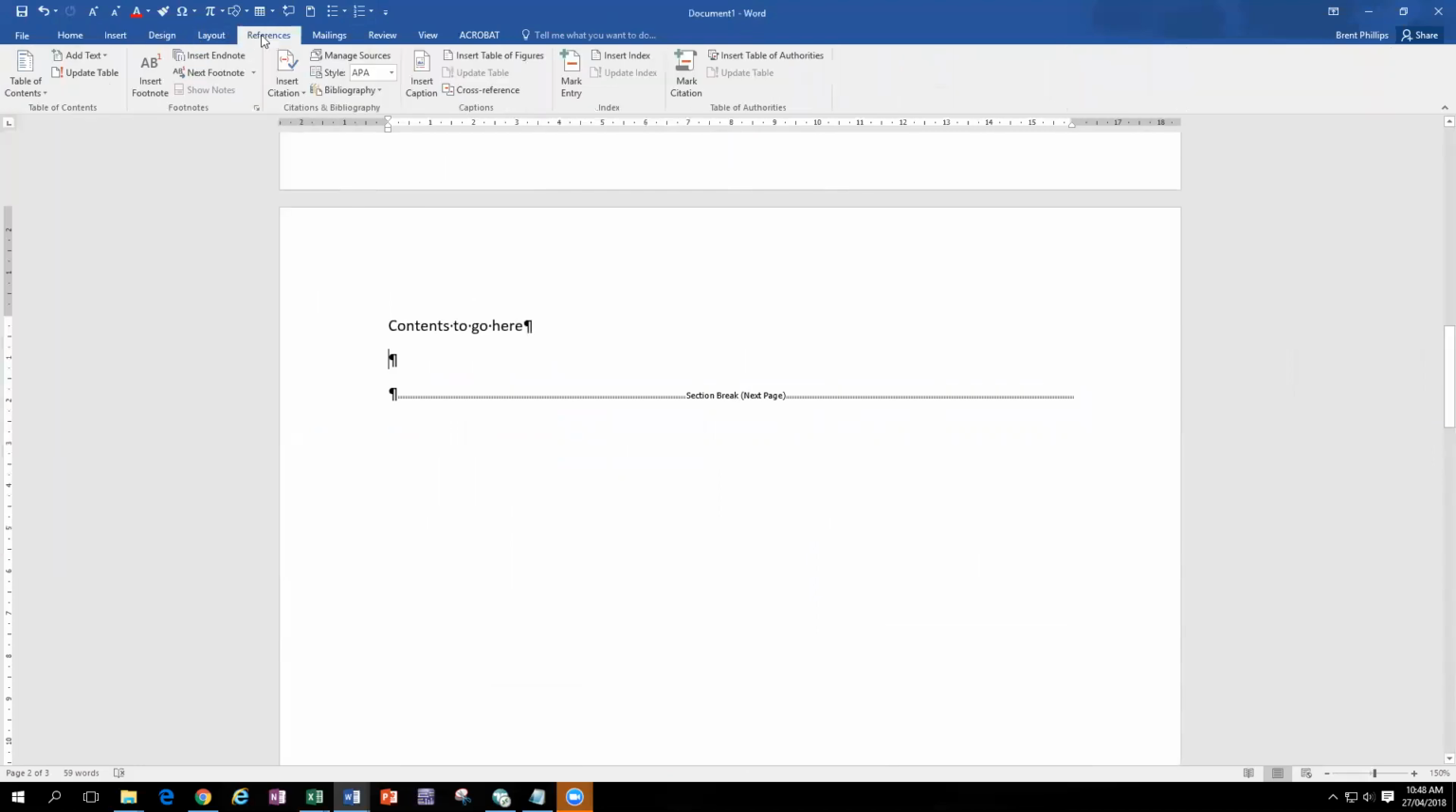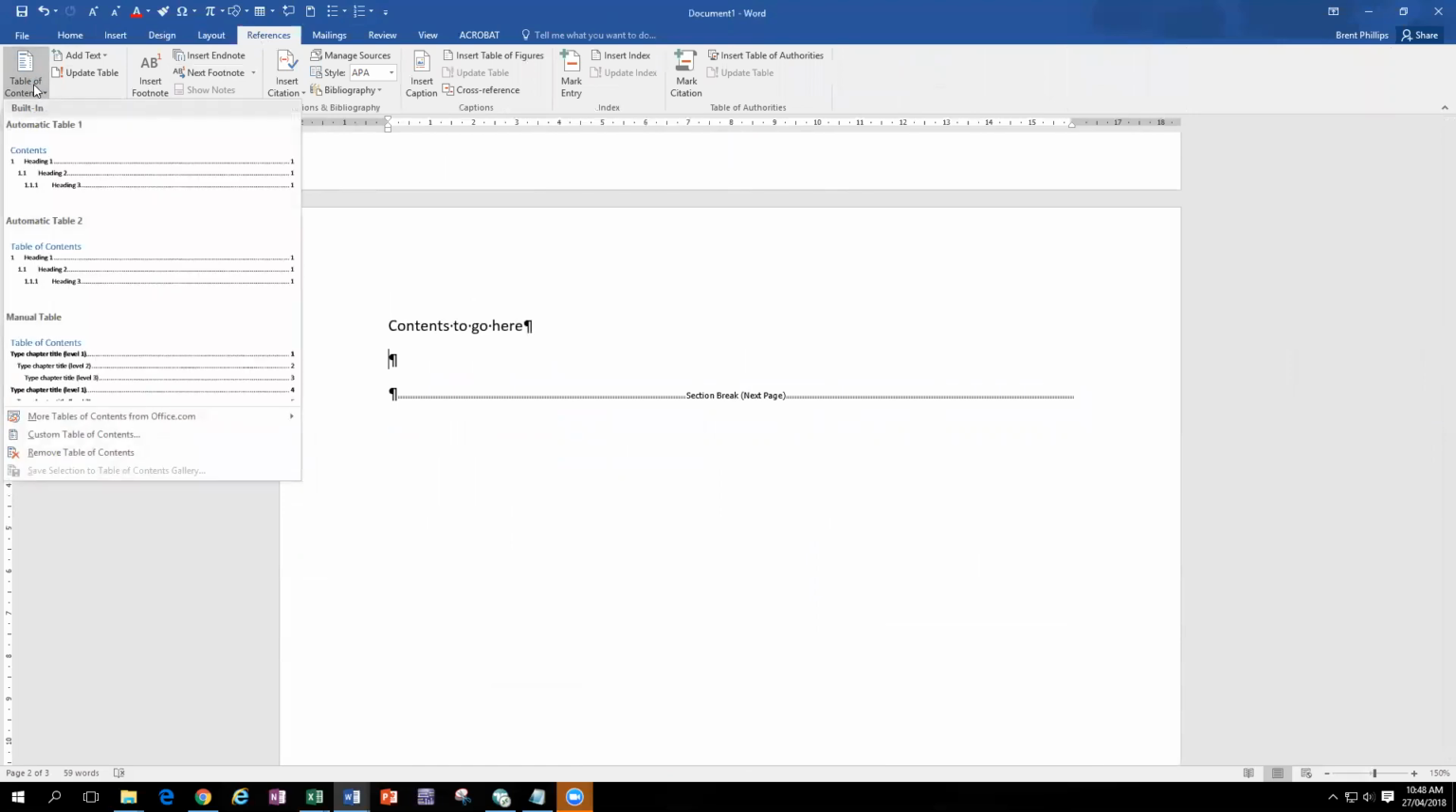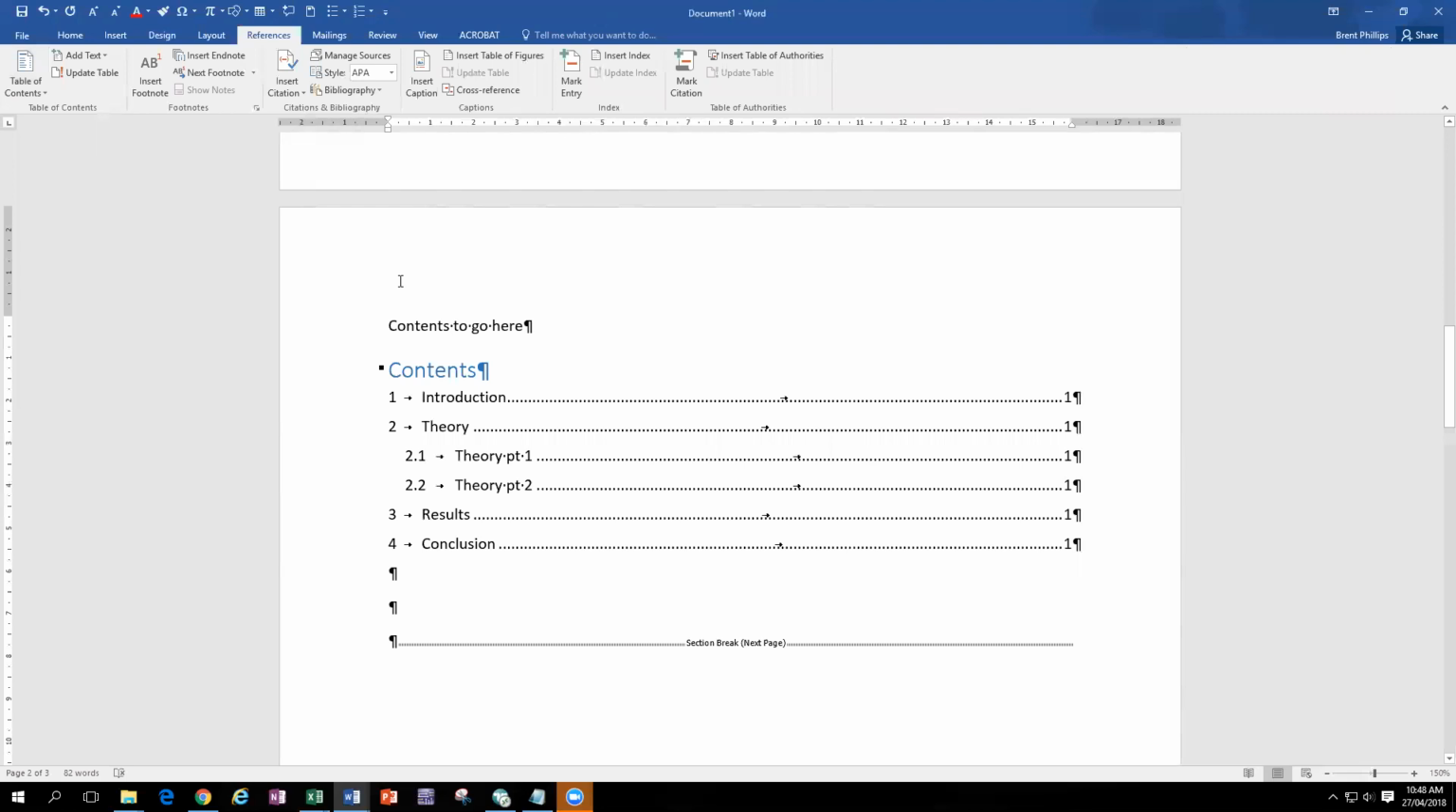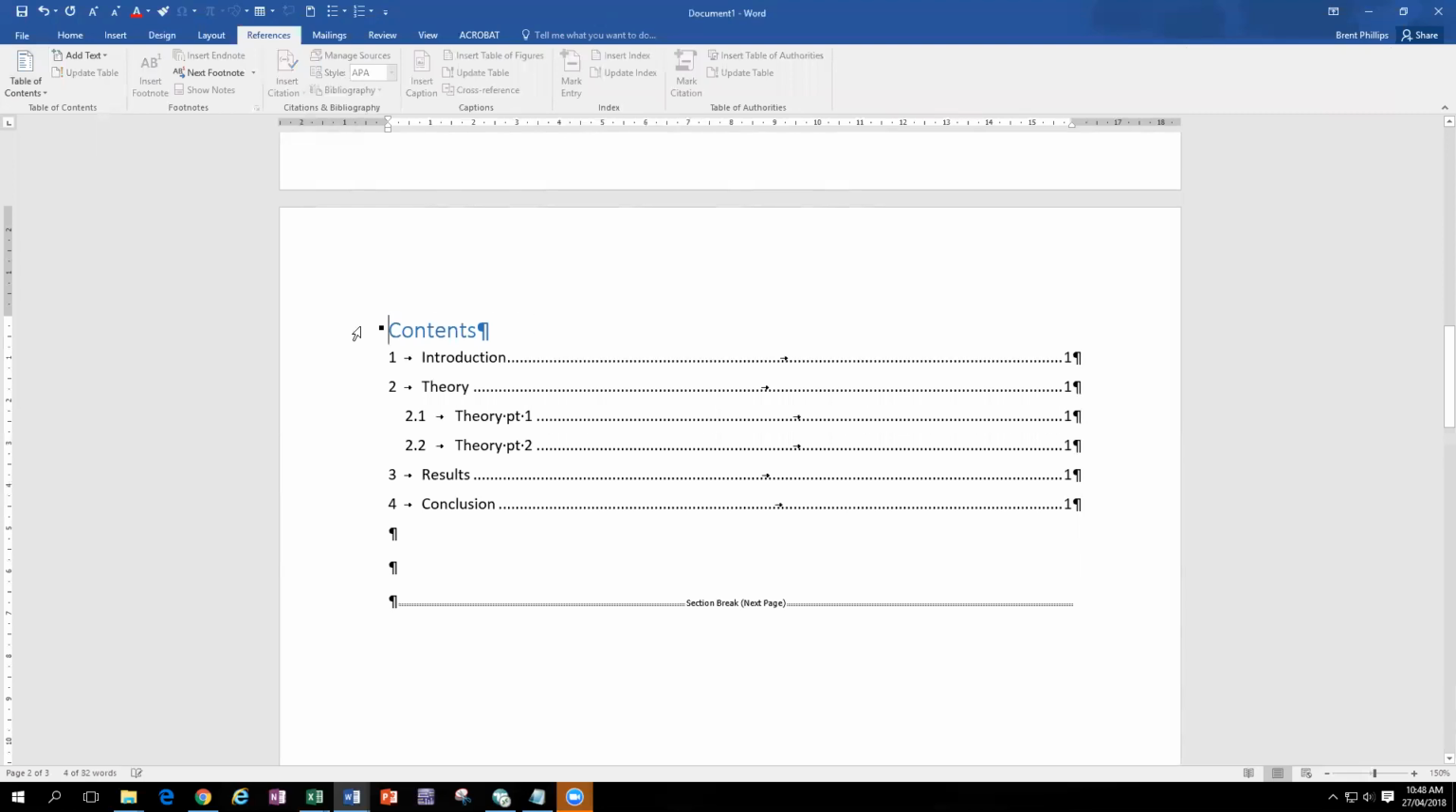Oh, yeah, it's under the references page. Okay, here we go. Table of contents. So there's a few different styles that we can choose from, whether what sort of wording you want and so on. I'll just use the first one, and that means I can delete that. There we go. So everything's on page number 1, and it's got the numbers in there, it's got the headings